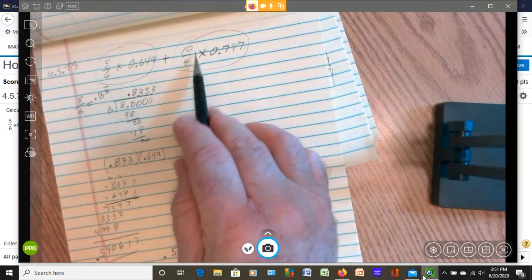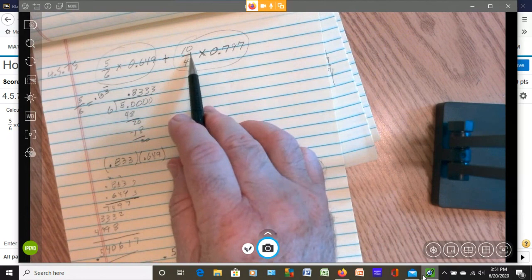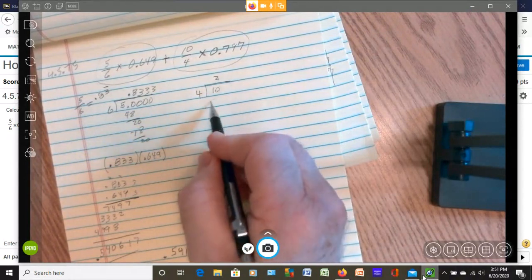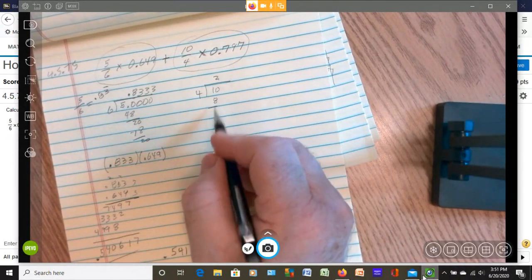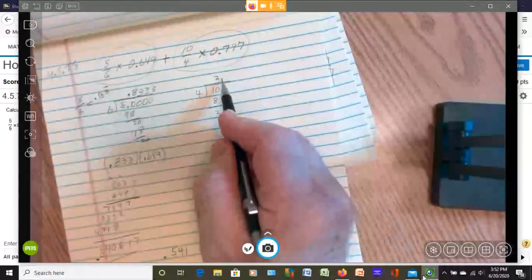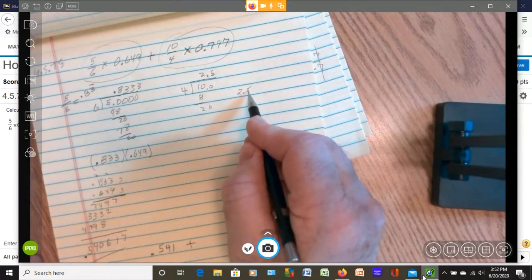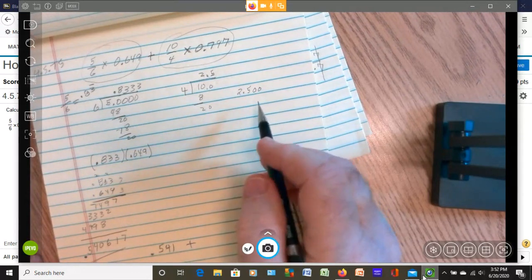So I'm going to convert this. I'm going to the next side now. I'm just doing this other piece of multiplication here. 10 divided by 4. 8 from 10 is 2. Oh, we're getting nice here. So see, this is 2.5. So I'm hoping this one's going to be nicer to me. Now, but please notice, if I want to try to halfway be consistent here, this has 3 decimal places. This has 1 decimal place. So I think I'm going to want to write this as 2.500,